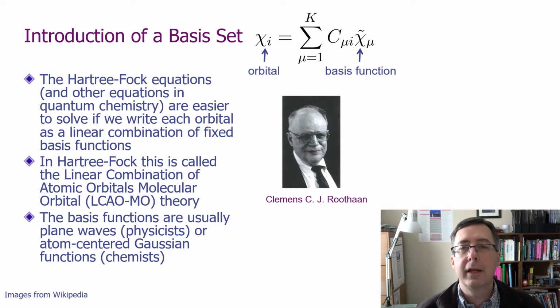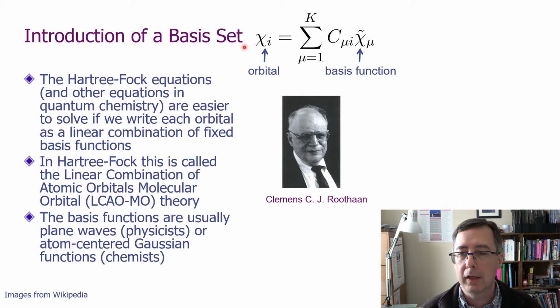Now, how do I come up with the orbitals that minimize the energy? Because even for a single particle function like an orbital, there are infinite possible functions I could try. So how do I know which ones to try? Do I try all infinite numbers of them? Well, obviously not. So what we do, and this is an idea introduced by Roothaan, is we say,